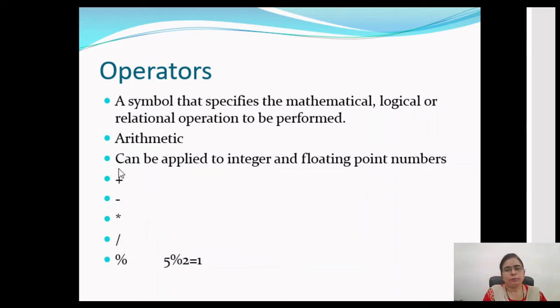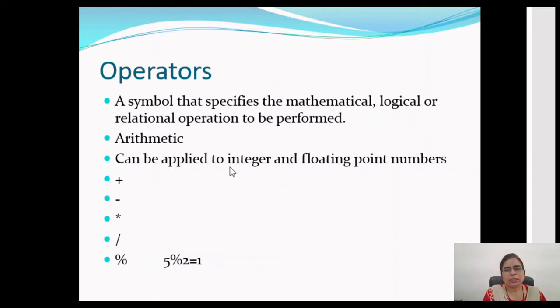Although all the other operators work in the very same fashion that we studied earlier, the modulus operator provides us the remainder. So suppose we are dividing 5 by 2, then the remainder that we get is 1. So with the help of this statement, 5 mod 2, the output that we will get is 1. Now, the output of any operator will depend on the input that we are providing. What do you mean by this? The type of the input will indicate the type of the output that we are getting.